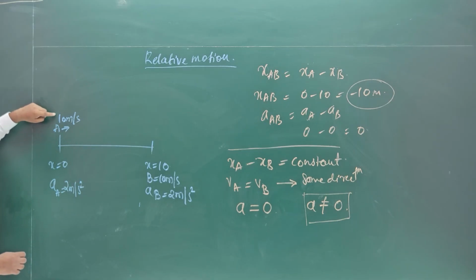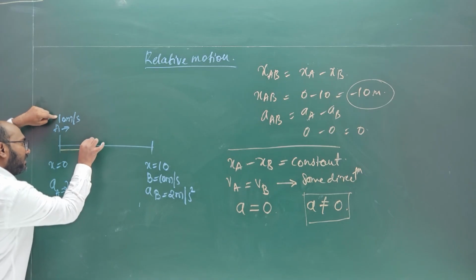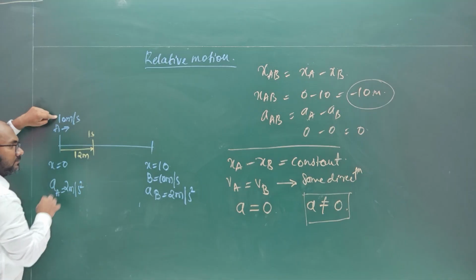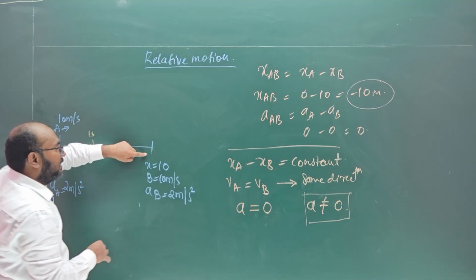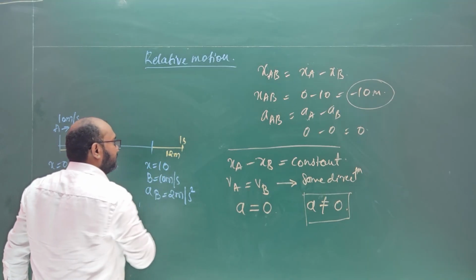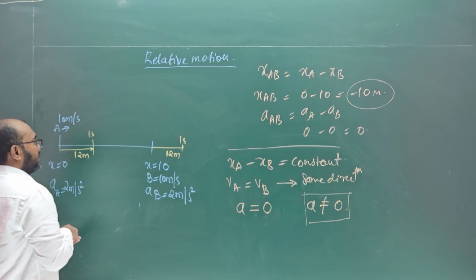Starting at 0, moving with 10 meters per second, what is the velocity of A after 1 second? 12. So consider in 1 second the body reached here. In 1 second, how much distance did it travel? 12 meters. Similarly, can I say that body B also traveled 12 meters in 1 second? Both the velocities are equal, both the accelerations are equal. Now, in the next one more second,